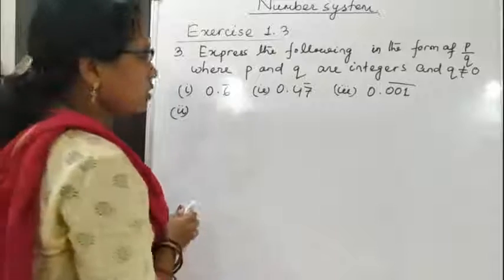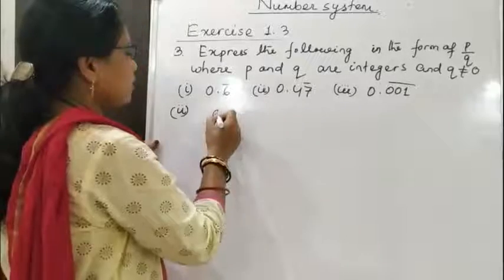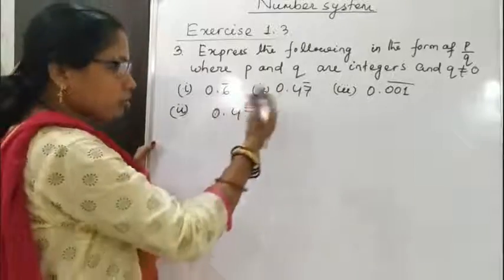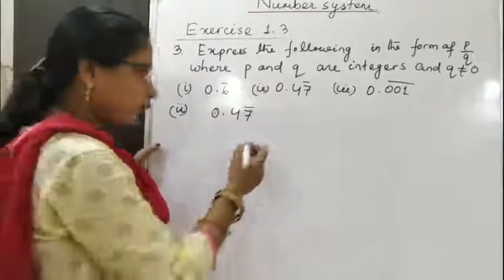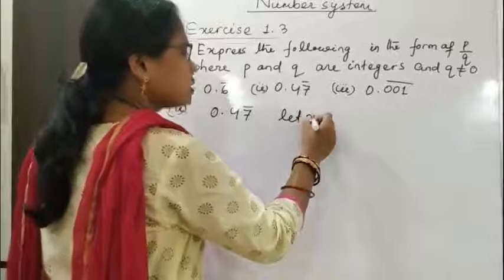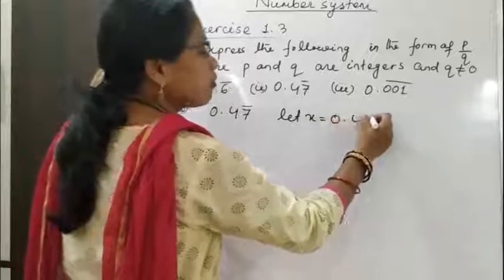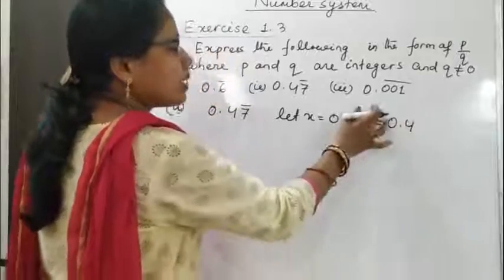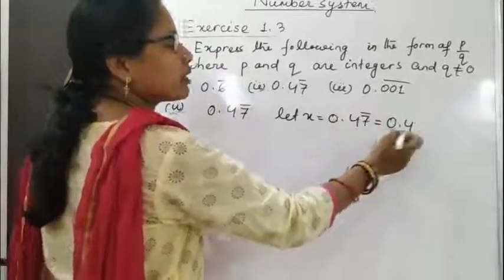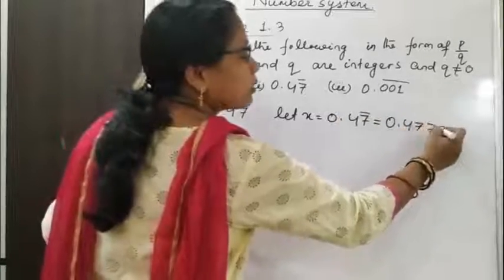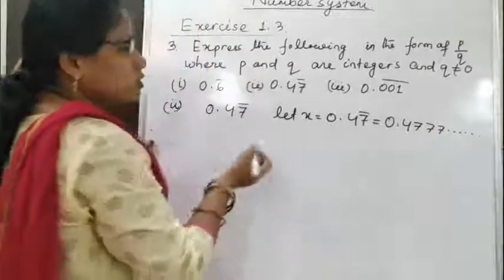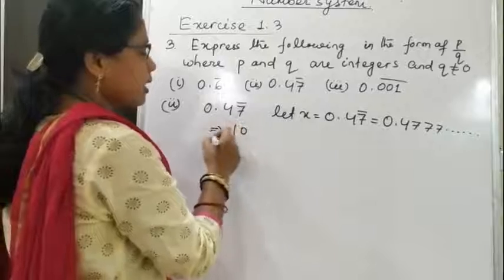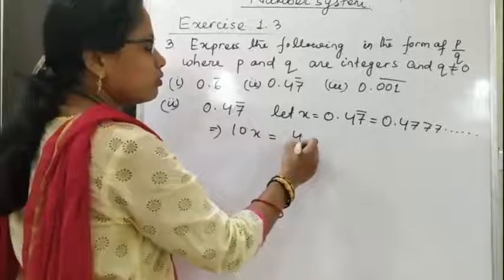Next one is 0.47 bar. So to convert it in the form of P by Q, let x is equal to 0.47 bar, that is equal to 0.4 7 7. The bar is present only above 7, so 7 is repeating. So then multiply 10 in both sides. So this implies 10x is equal to